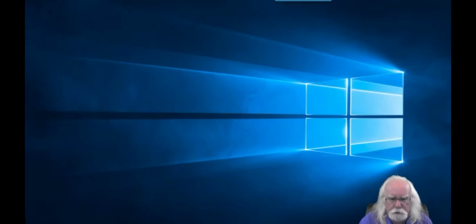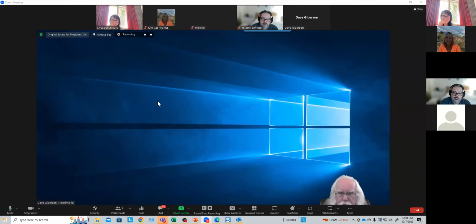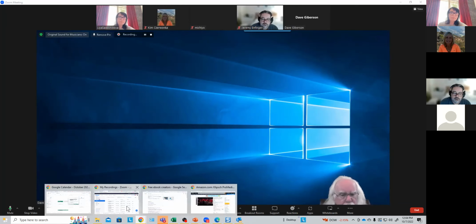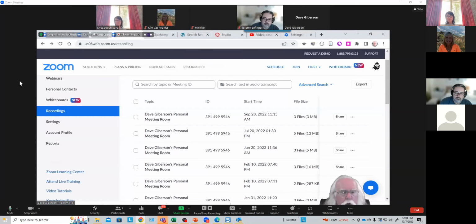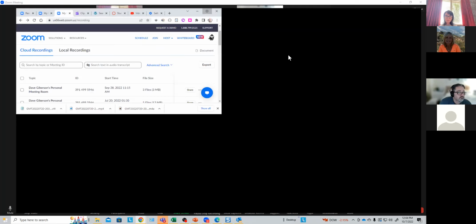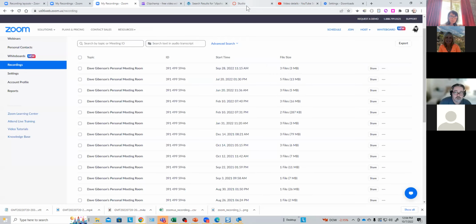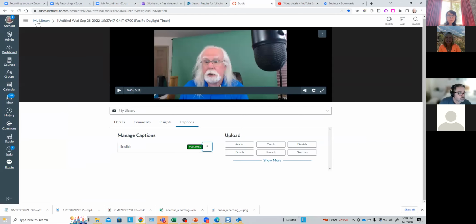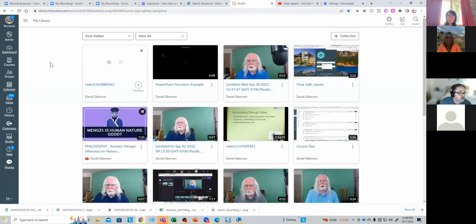The best way to do this is for me to share my Zoom screen with you. So I'm sharing my primary monitor with you. Now I can pull up Canvas Studio on that screen. Here's Studio. Go to my library. Yep, you're seeing that. So when you hit record and you go to the screen capture option,